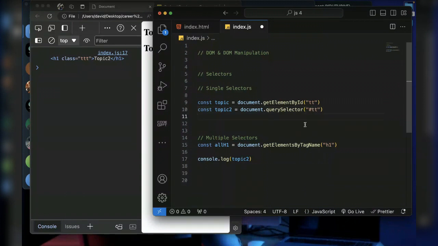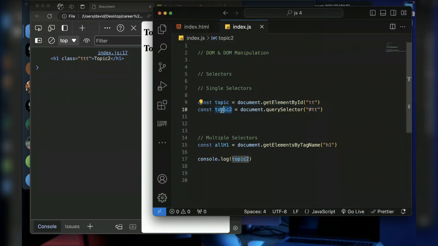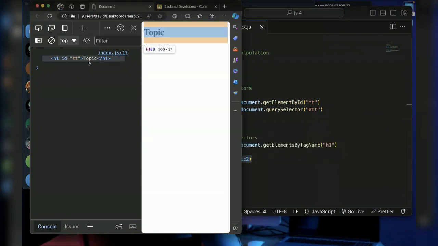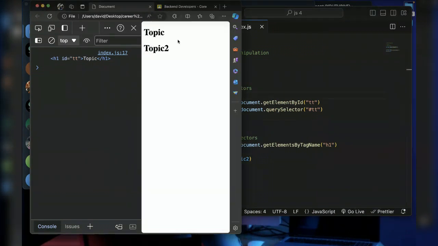So if I save this, now this is double T, which is this first one, topic1, and I'm storing it inside here, and I want to console log it here. So if I refresh this, I have double T here. So this is how you can select a tag from the document.